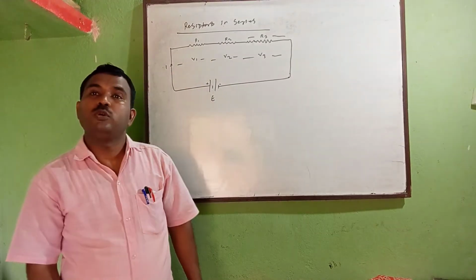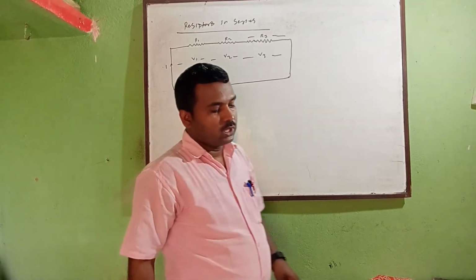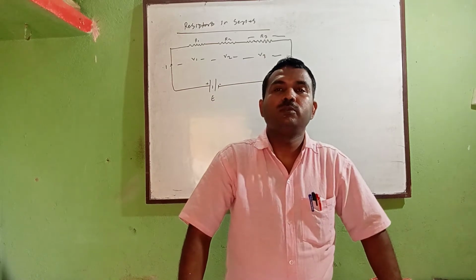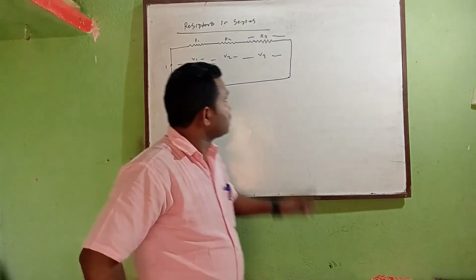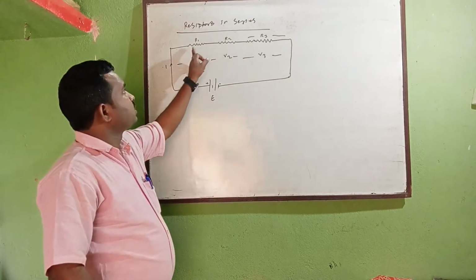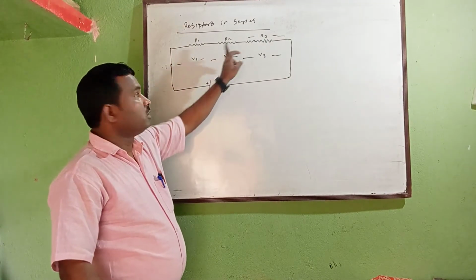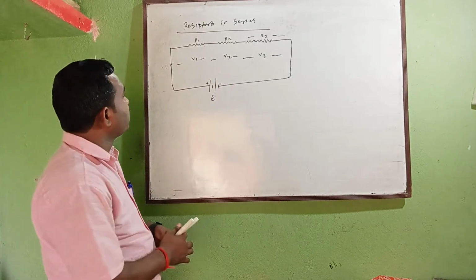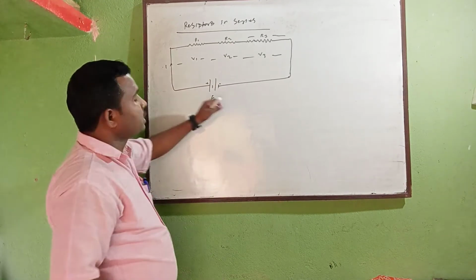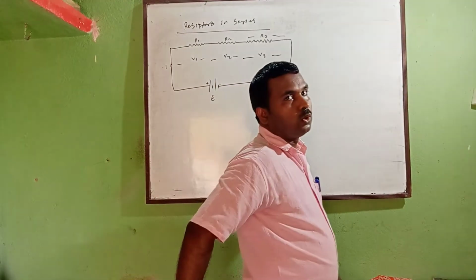Whenever two or more resistors are connected, you know that when we take 2, 3, 4, 5 resistances and connect them end to end, the same amount of current will pass through all the resistances, but the potential difference will not be the same. So you can write here, resistor in series means two or more.